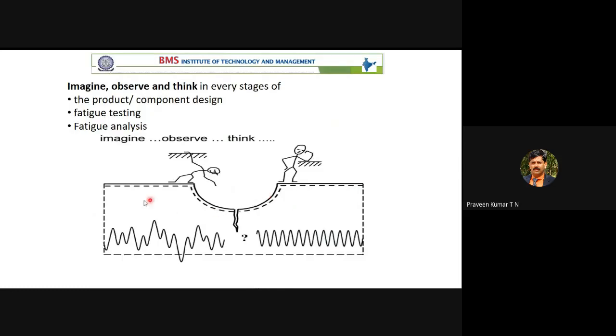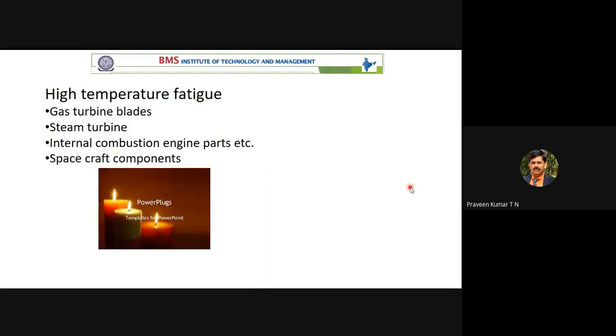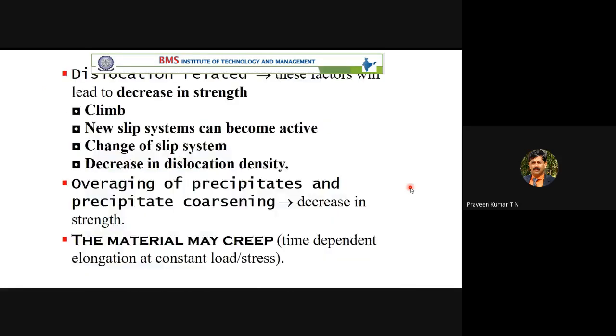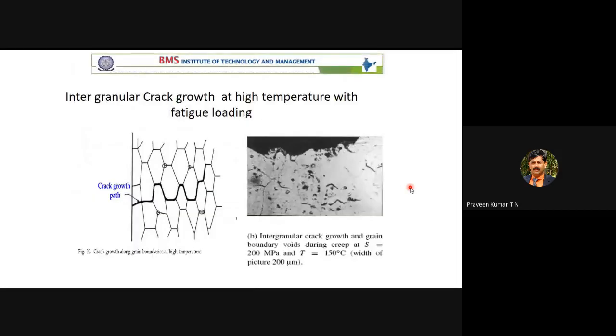Now it is a crack. You are conducting one more test, referred to as impact testing. This is referred to as a notch. In impact testing, there is a notch. You apply the load, somewhere a crack will form and it will propagate. This portion is the notch. The crack will propagate and failure takes place. High temperature fatigue, don't worry about it now. For steam turbine components, gas turbine components, even internal combustion engine components, there is high temperature fatigue, or thermal fatigue, because of high temperature.